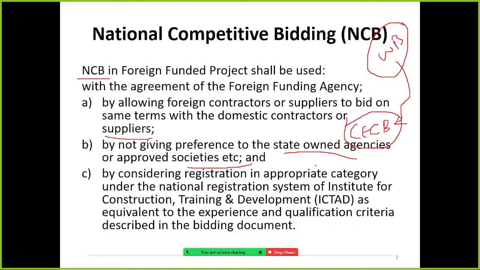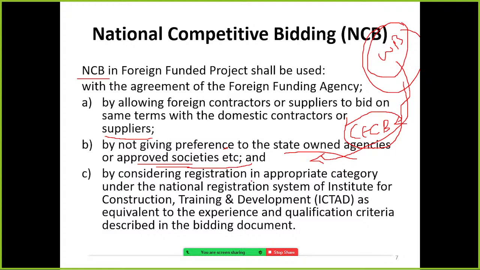For foreign funded projects, the government sector organizations normally prefer to give contracts to government agencies, right? In the case of foreign funded projects, they require that there are no such preferences, so no preference is given to state-owned agencies or approved societies like cooperative societies.